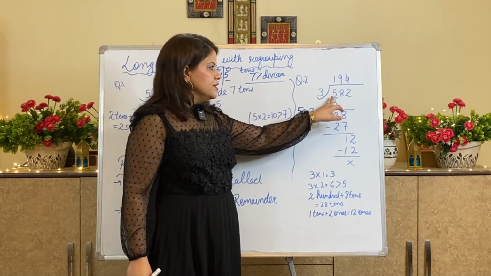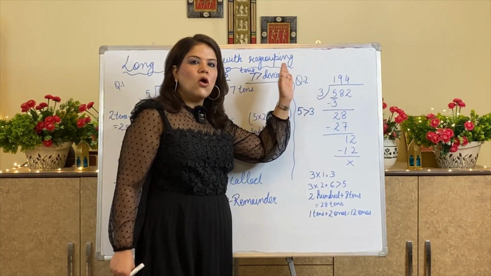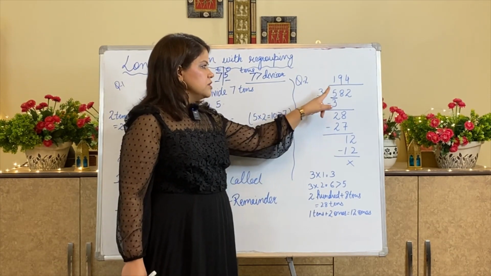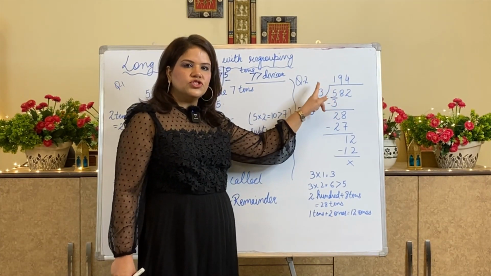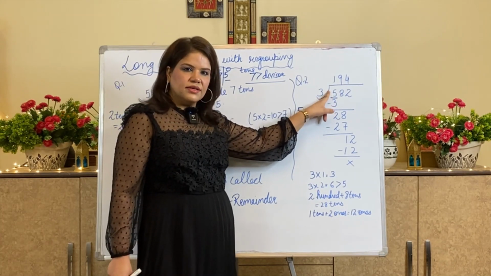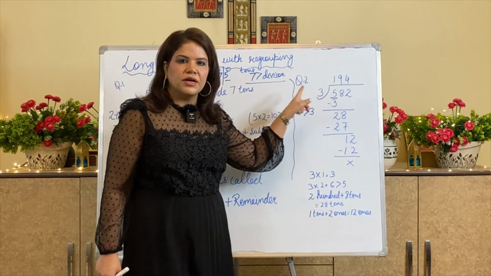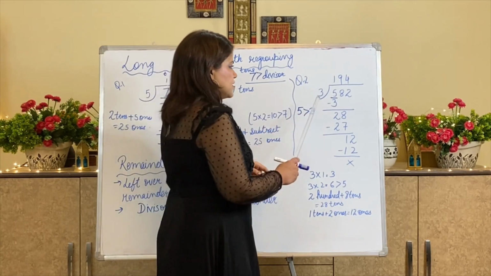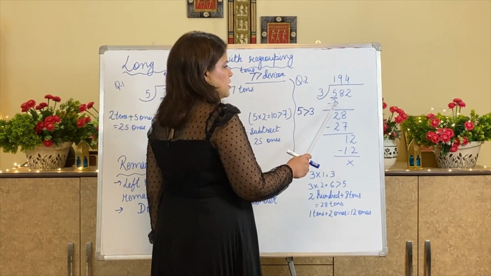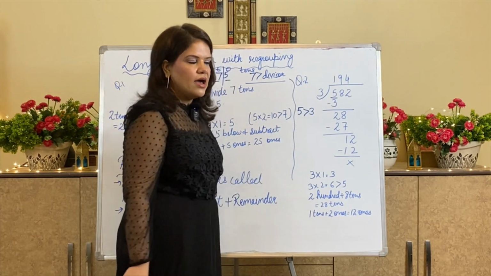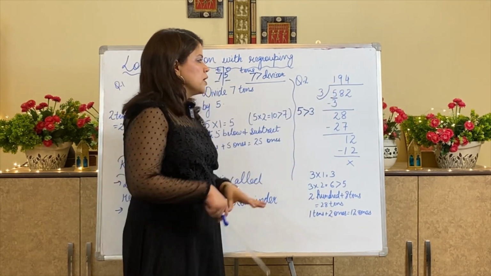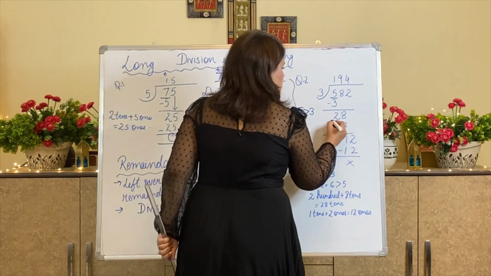You can see that the dividend number should always be greater than the divisor. Since it is a 1-digit number and it is a 1-digit number, we will check that the 1-digit number at the hundreds place should be greater than the divisor. 5 is greater than 3. So that's why I have taken 3 ones are 3 and what will I get? I will get 2 from here. 5 minus 3 is 2. This is the leftover from the hundreds place.